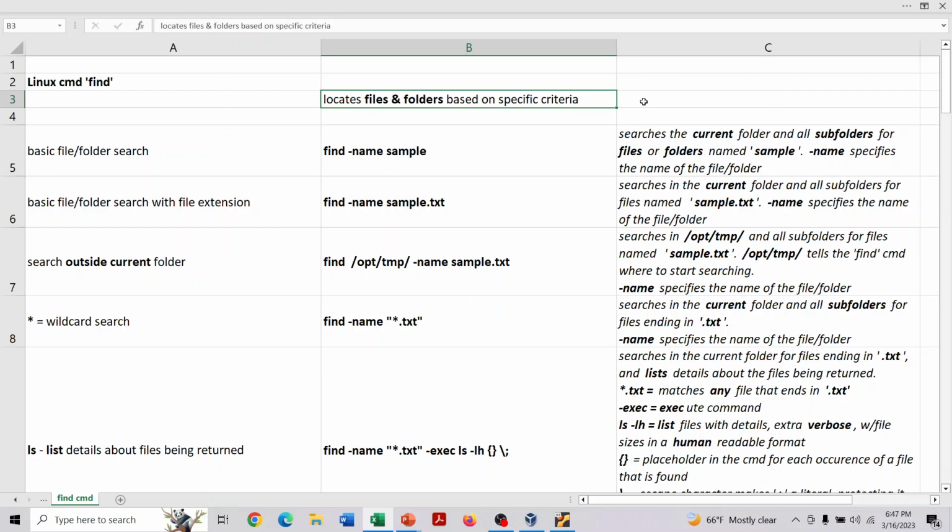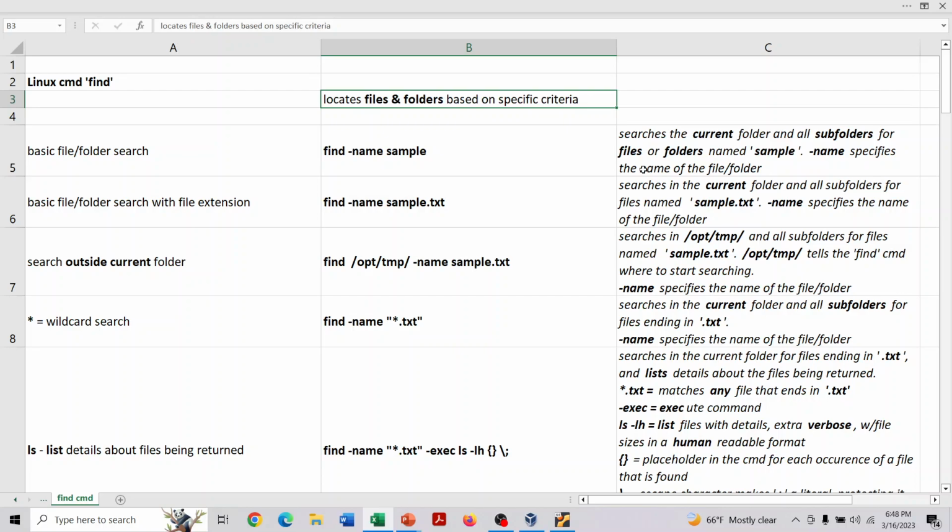However, the difference between the grep command and the find command is that grep searches for patterns inside of a file. The find command looks for files specifically, and it looks for them, again, based on specific criteria, whether that be a name, a file size, a time the file was modified, etc. You'll see as we